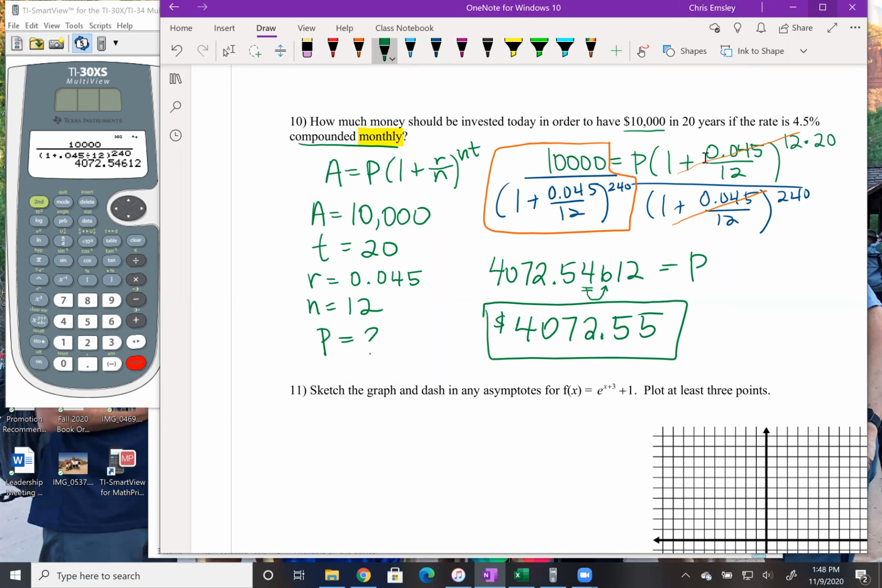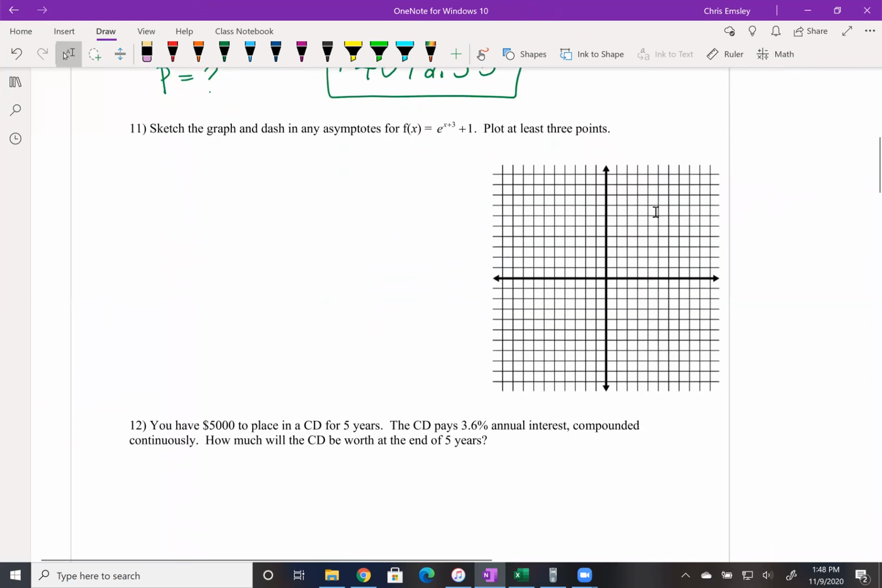Okay, next one, number 11. We're getting into a natural exponential function here. Then they are asking us to graph this. It will be helpful if we know a little bit about a basic exponential function before we try to graph this one. So this function they've given here